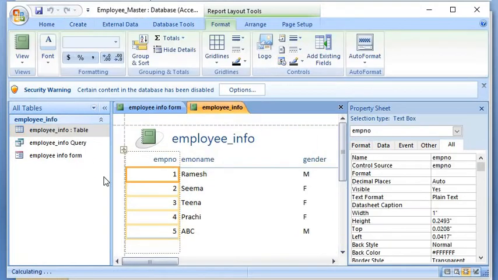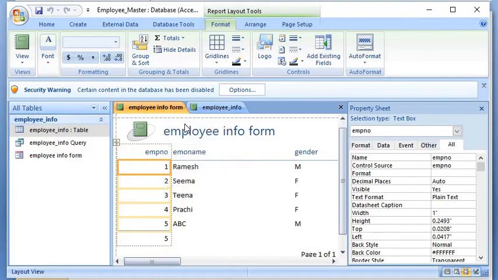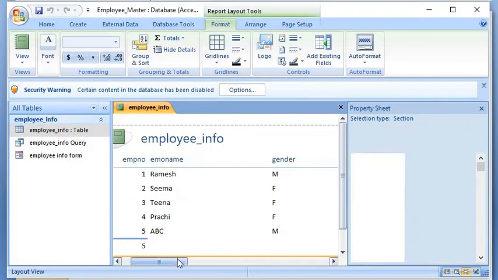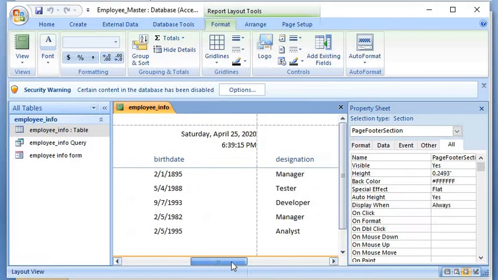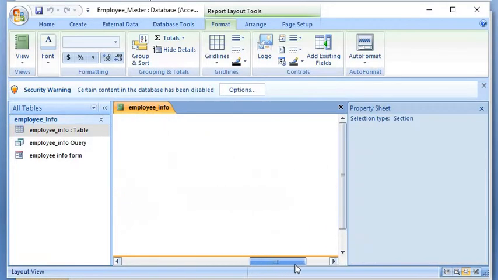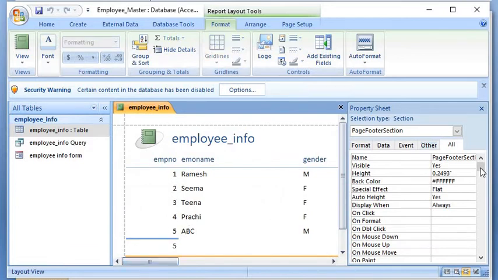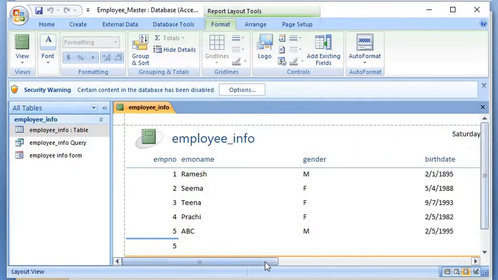This was a form, you just close it, not needed. So this is the employee information table wherein the records have been summarized in a columnar format giving all the data. If you want to change its properties, you can change them from here, the property sheet.